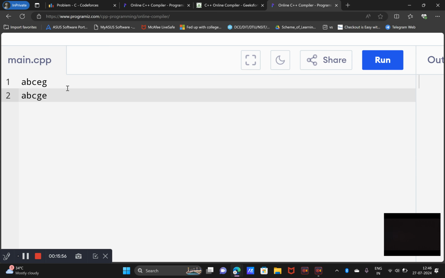But here we will only change one character to make it the same. If we choose one character from the second string and make it equal to the character which is missing in the first string, then by only one replacement we can get our answer. So if our answer is an even number of differences, we will simply divide it by 2 and our answer is there. But if there is an odd number of differences, then we will divide it by 2, but we have to